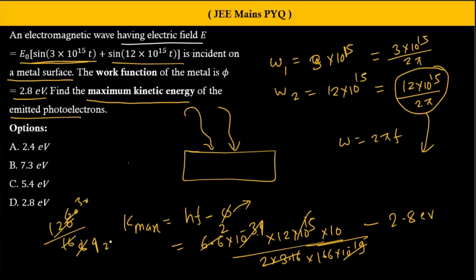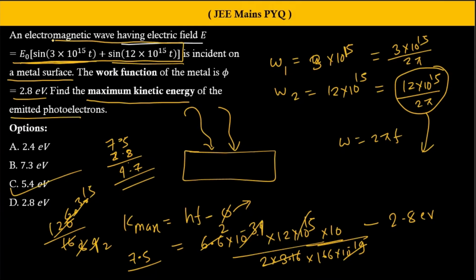ठीक है, सो this will become how much? This will become your 15/2 sort of. So this is your 7.5 something. Okay, and 7.5 minus 2.8 अगर आप करते हो, then this will become how much? This is 2.8, this is 7. Okay, so this is 4.7 something. Okay, and if you see here, this is close to 5.4, right? So C should be the option. आपको यहाँ पे बस इस चीज को इंटरप्रेट करना है कि हमारे मेटल पे 2 फ्रीक्वेंसी का लाइट फॉल कर रहा है, और मैक्सिमम काइनेटिक एनर्जी के लिए हायर फ्रीक्वेंसी को लेकर चलेंगे। ठीक है, and after that there is